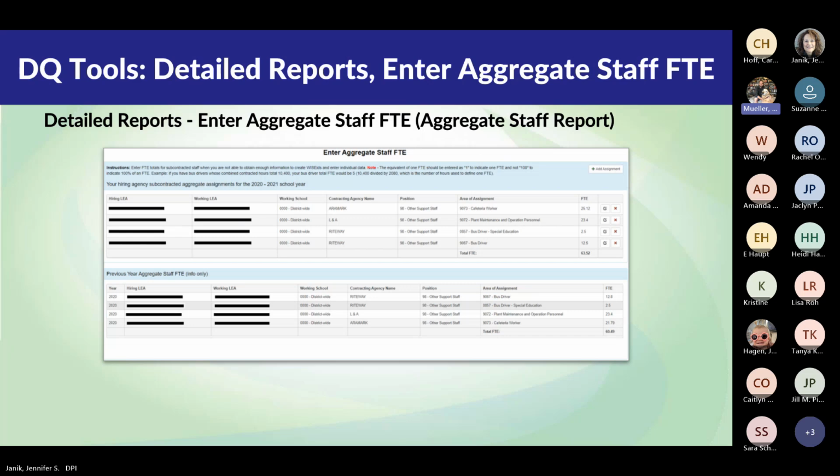If you remember back to an earlier slide, there is a tile on the data quality dashboard that shows you a comparison of aggregate FTE for this year and two previous years. So that's a good place to start to review the aggregate FTE number as a whole. This page